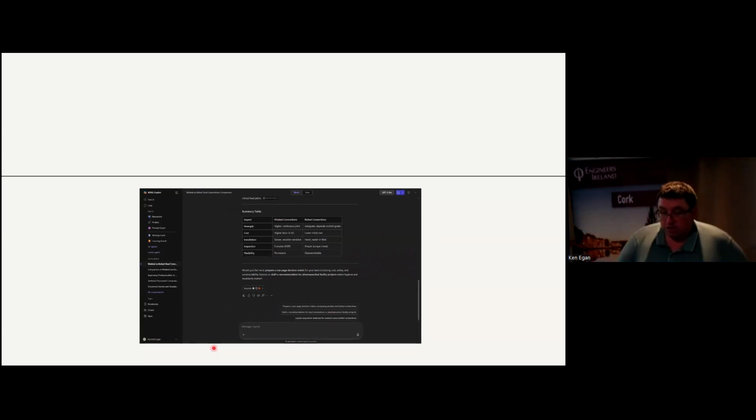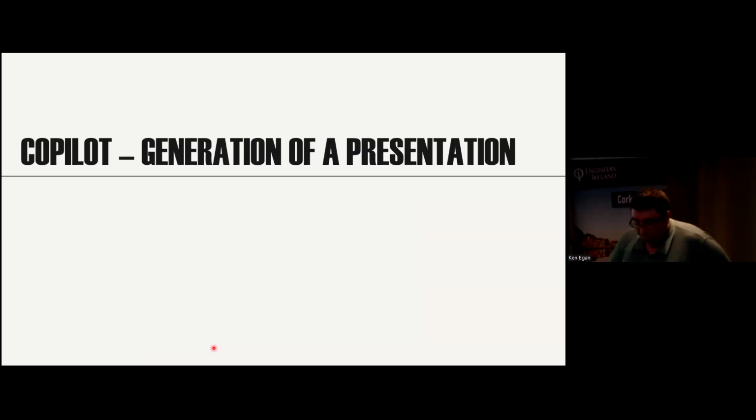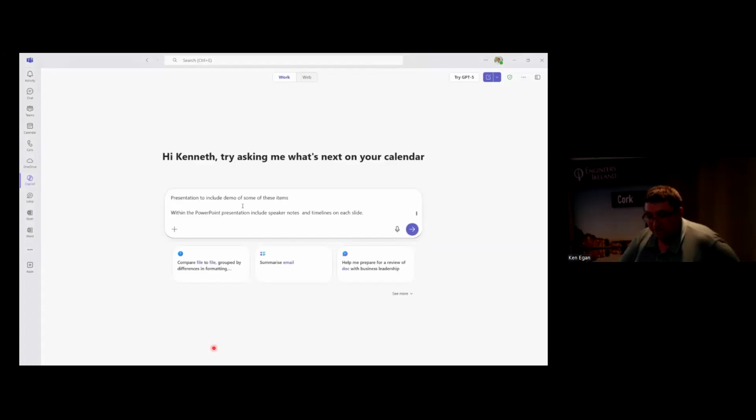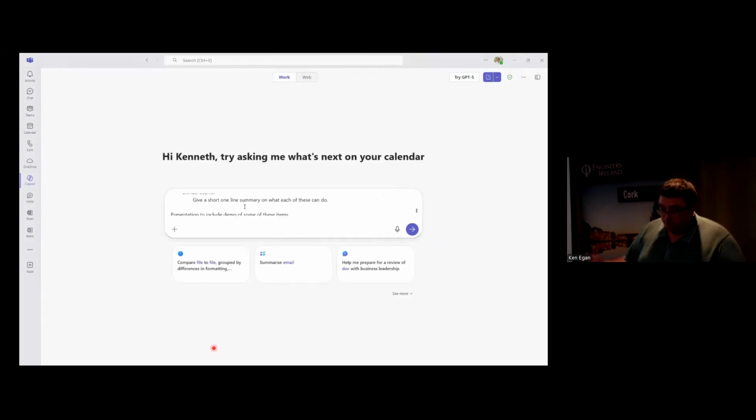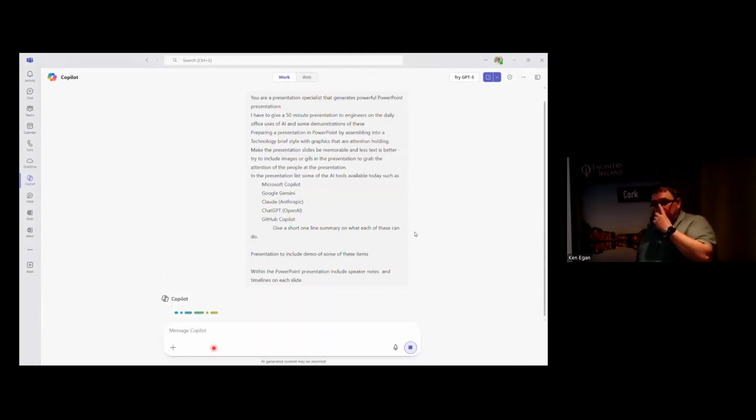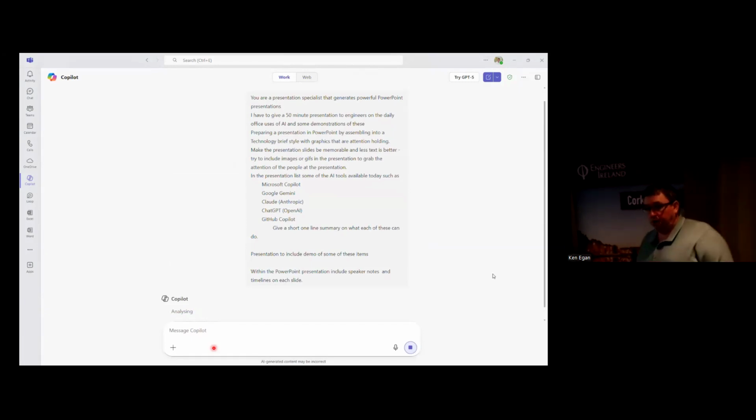There's just two features up there. This presentation, which I'll be sending on later, I put into this, I want to generate a presentation for this talk. So I've said I'll generate a 50-minute presentation on uses of AI, using PowerPoint, be memorable with the slides, and then mention Copilot, Gemini, Claude, ChatGPT, and just proper prompts in there, and then ask it for speaker notes. And I've left this run in real time. So it's recorded, but this was real time, asking it to do it.